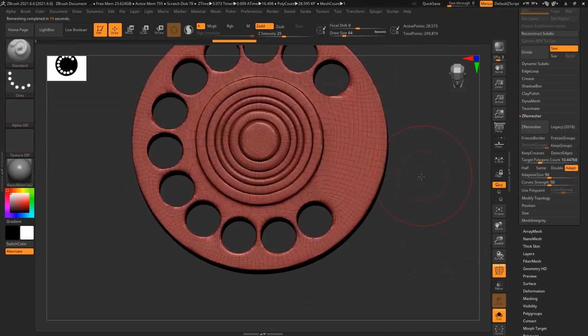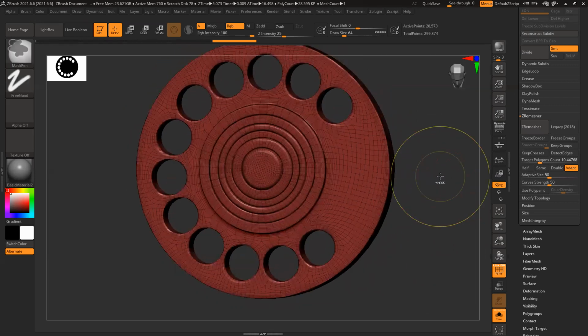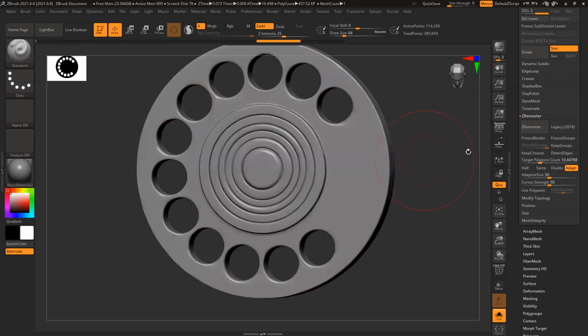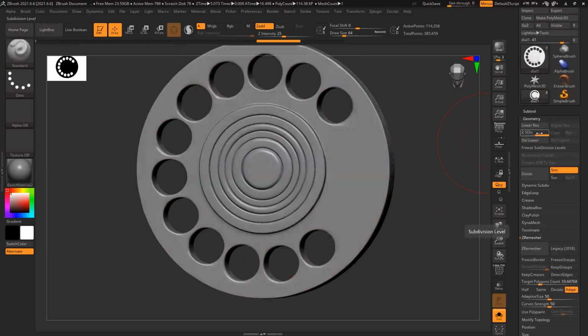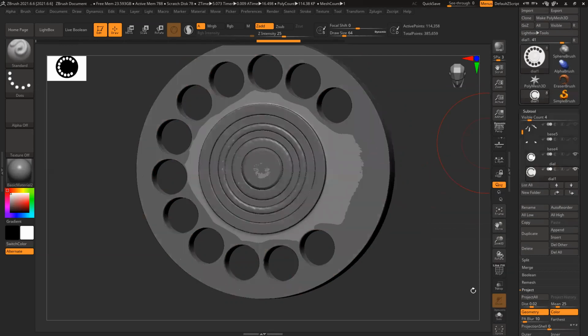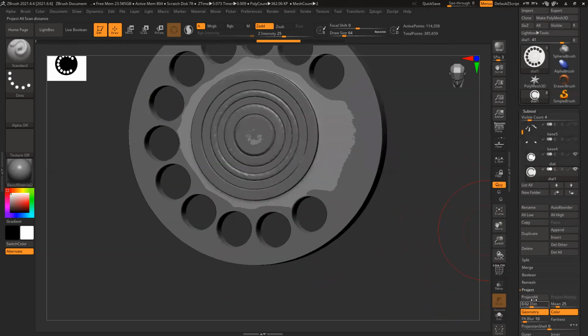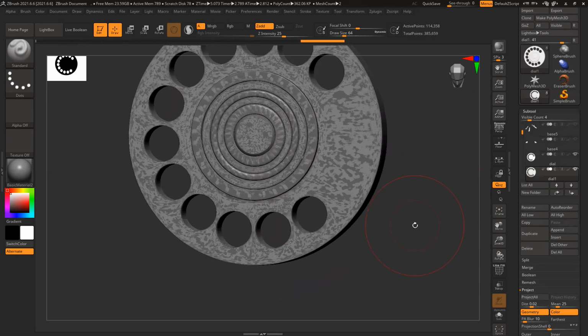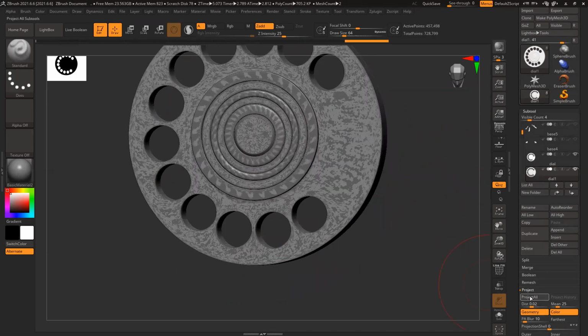Now, if I want to match the shape, Control D two times, or maybe just once. Shift F. Switch on this one and project all. Control D one more time. Project again for a better result, basically.